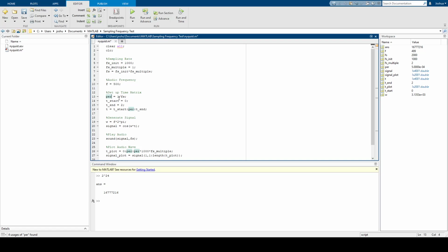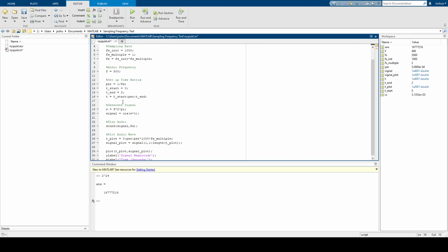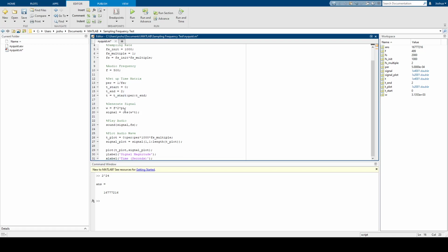I'm going to set the period as 1 over the sampling frequency. So every 1/1000th of a second, you'll capture data. Time start is 0, T end is 2 seconds. So then our time matrix here is 0, 1/1000th of a second, to 2 seconds. And then I'll generate our signal based on the audio frequency. Because MATLAB uses radians, I'll multiply that by 2 pi, and then I'll just generate a cosine signal at that frequency, cosine 500t, or